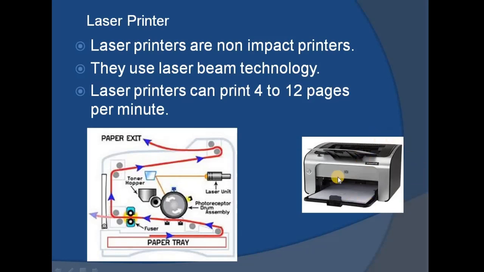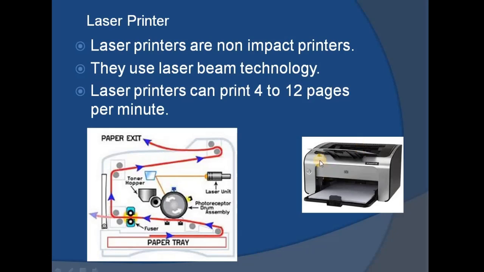So this is an example of a laser printer, where this is the paper tray where we are going to put the papers, and then we get the output here, the printed information. We can also call them page printers, because these printers print an entire page at a time. The earlier impact printers, if we consider, are character printers, they print one character at a time. But these printers we can call line printers or page printers, because they take very little time to print the entire page,